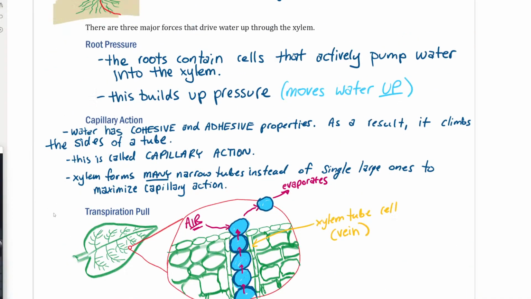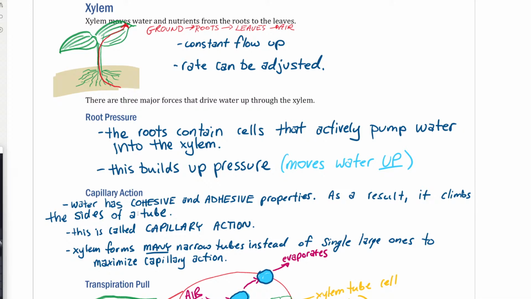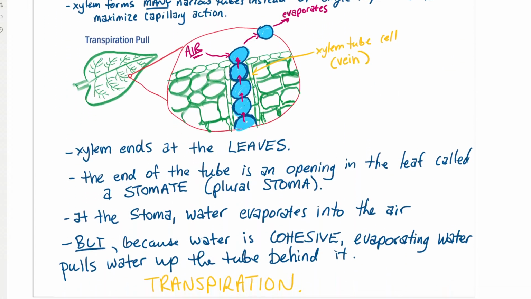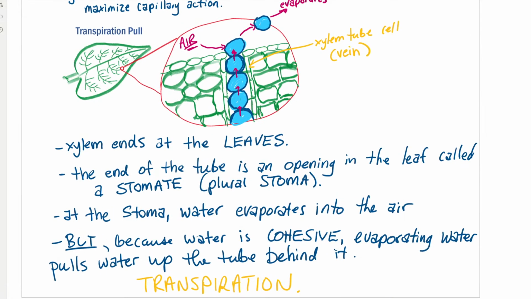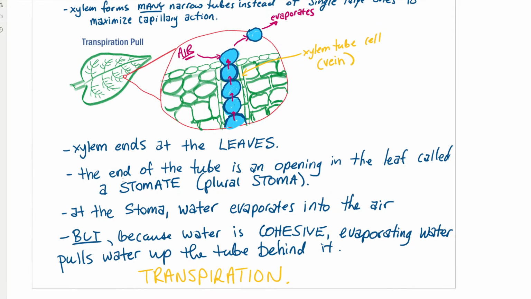And that plus the pump of the root pressure provides a lot of force, but still doesn't provide all of it. There's a third, which is called transpiration pull. And this also has to do with the fact that water is cohesive, which means water sticks to itself, which means that as the water column is nearing the top of that column, its exit in the leaves, which happens at an opening called the stoma, or stomate,